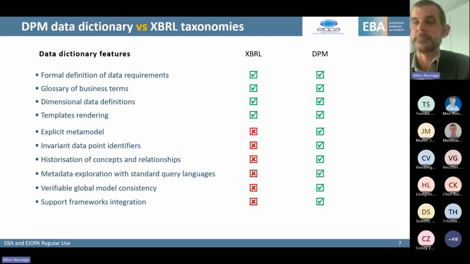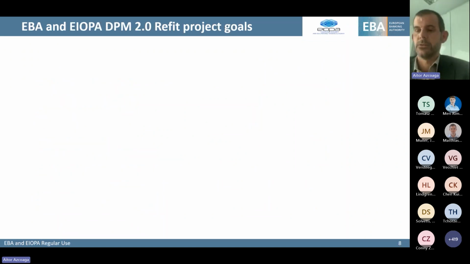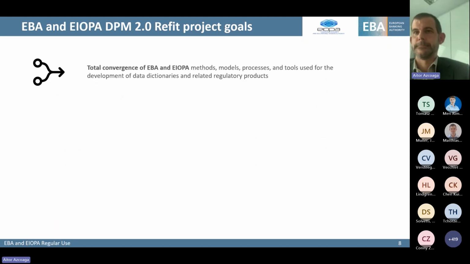So I have here a little comparison of what is in XBRL and the DPM. And as I say, our goal, and the discussions we are having, are similar not only on the taxonomy but also on the CSV. So with XBRL, we have close contact to evolve. Currently, there are certain aspects that you can only read from the DPM and are not present in the XBRL taxonomy. This is how the layers are structured, and this wants to reflect that the DPM in this case is the most complete view of the requirements.